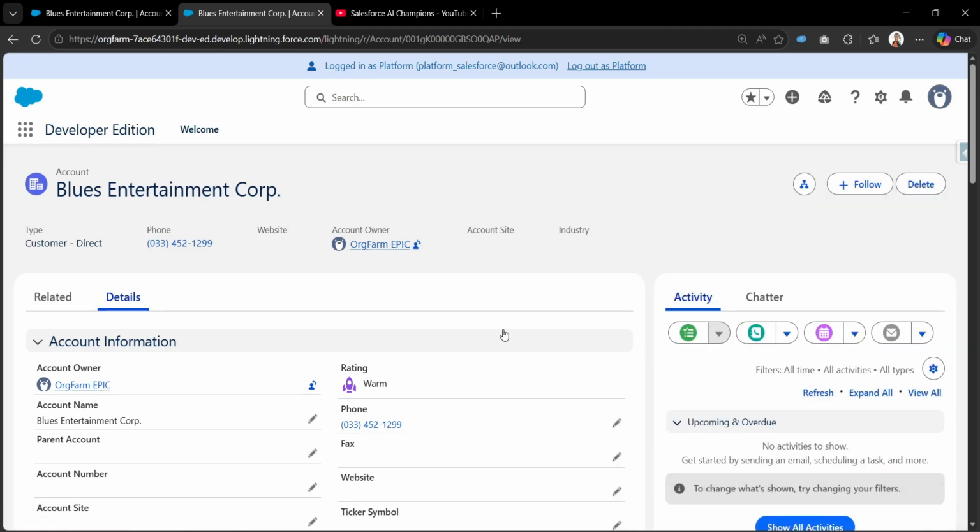Currently that permission access is revoked from that user, and we can see that the field is read only,